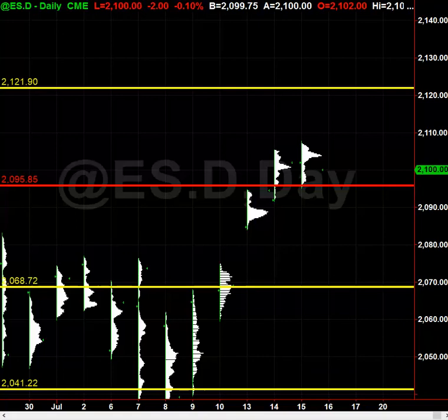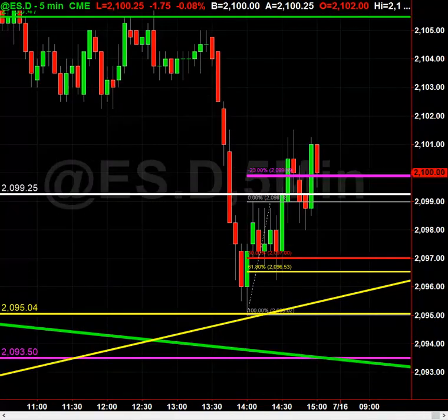What type of price action did the market display during the first hour? Did the price action change at any point in the day, say from directional move to balance, or from balance to directional move? Usually, the way that it'll set up,